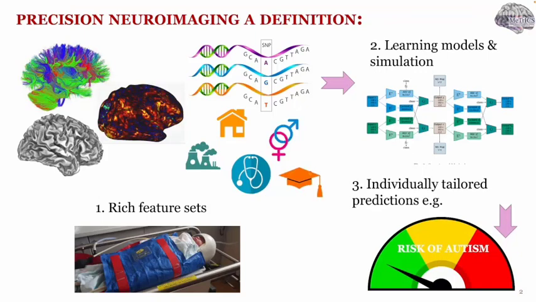So, what does precision neuroimaging look like to me? Well, what I think we'd all like to be able to do is to take some individual and put them in the scanner, where this here is my son Ash volunteering for the Developing Human Connectome project. From them, we collect multimodal imaging data, clinical background information, demographics, and sometimes genetics. And then we seek to push these through learning models and simulations in order to get back highly accurate predictions of what the likelihood is that that individual either has or will go on to develop some cognitive or clinical